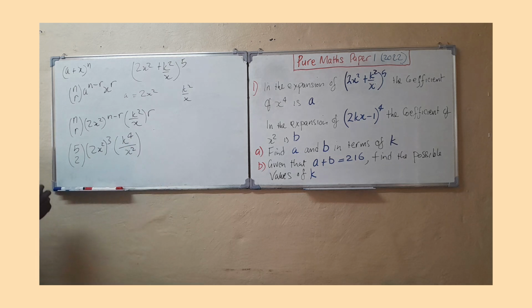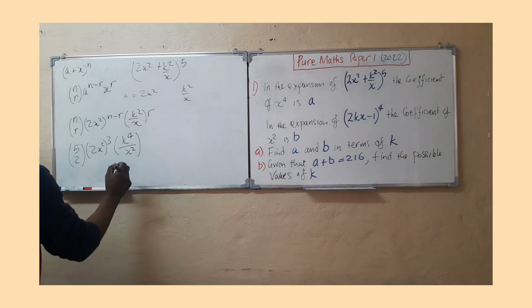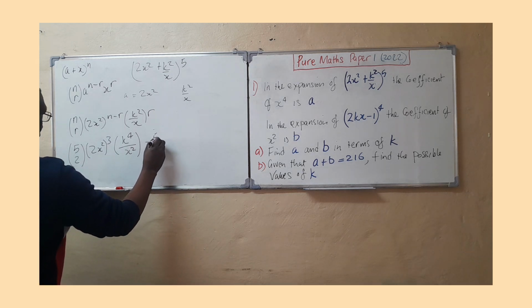Which of course should simplify to, let's first of all deal with the x's and the k's there, which is 5C2